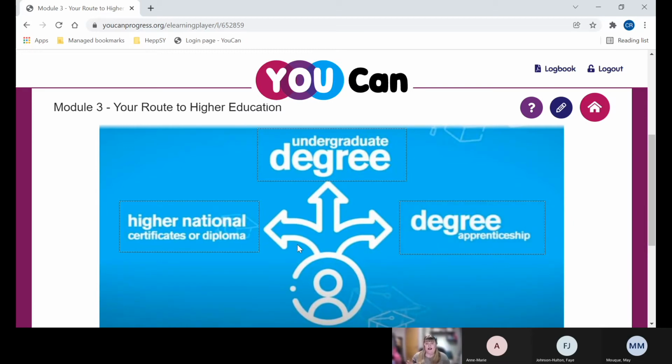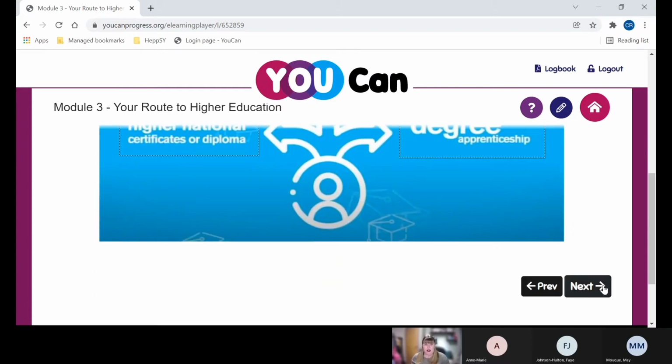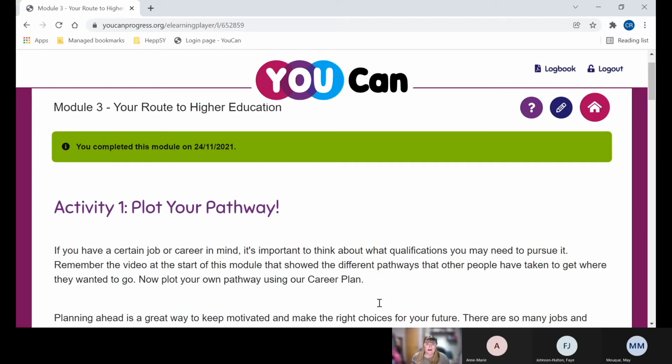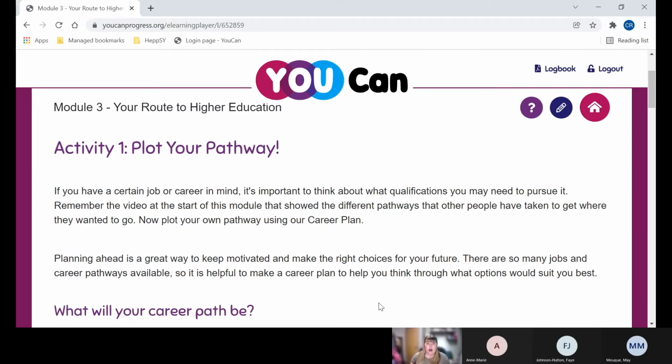And this section is really designed to get students thinking about the different ways they can access HE and exploring those different routes into higher education, which isn't just an undergraduate. There's lots of different options. So if I click next, in Module 3, students also get the opportunity to plan their route and reflect on